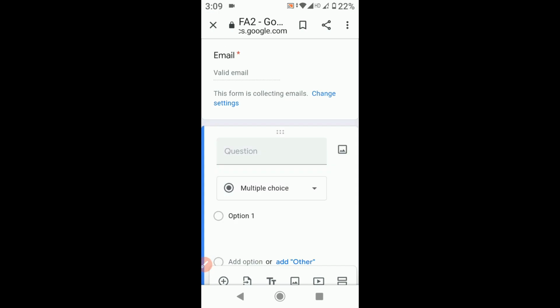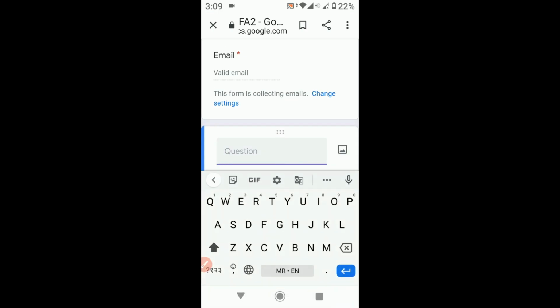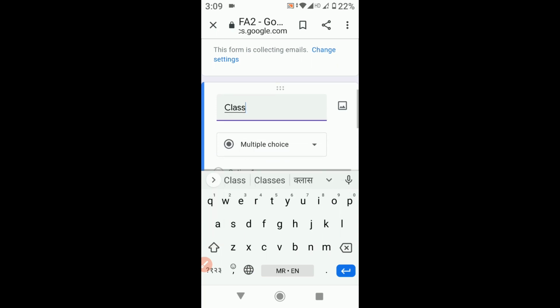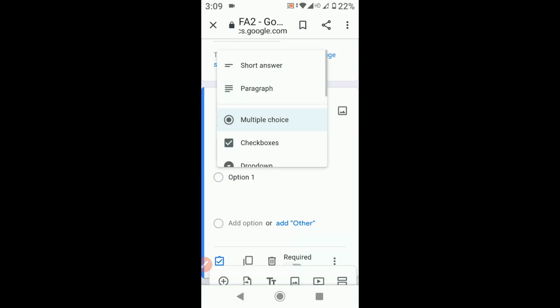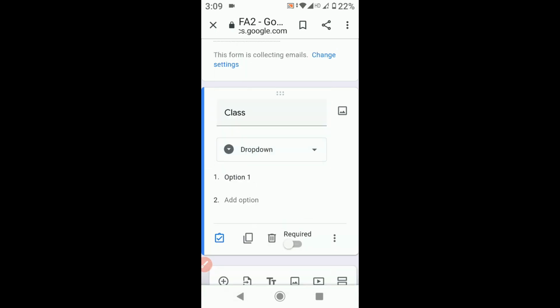Now firstly we are going to collect the information of the student. For that type Class. Now this class should be in the form of a drop down list.